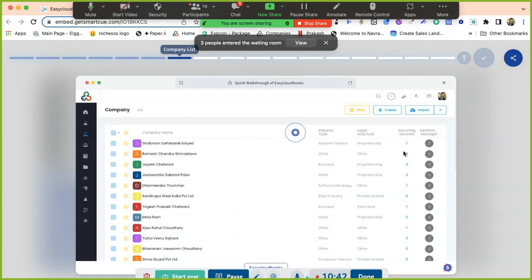Correct. So in that case, in the accountant case, you will be creating multiple companies, and that accountant is the contact person. Okay? If you have any questions, you can ask me. Right? Next is